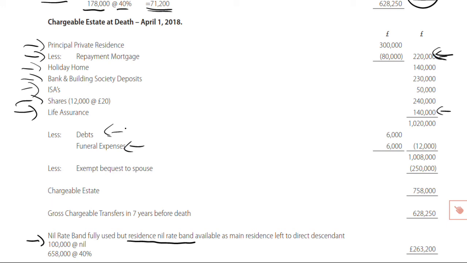No, nothing that isn't legally enforceable gets to be deducted. So that's it. What we do get to deduct, though, before coming to the chargeable estate is any exempt bequests. That would be, of course, here to the spouse or otherwise to a civil partner. So we've got a chargeable estate of